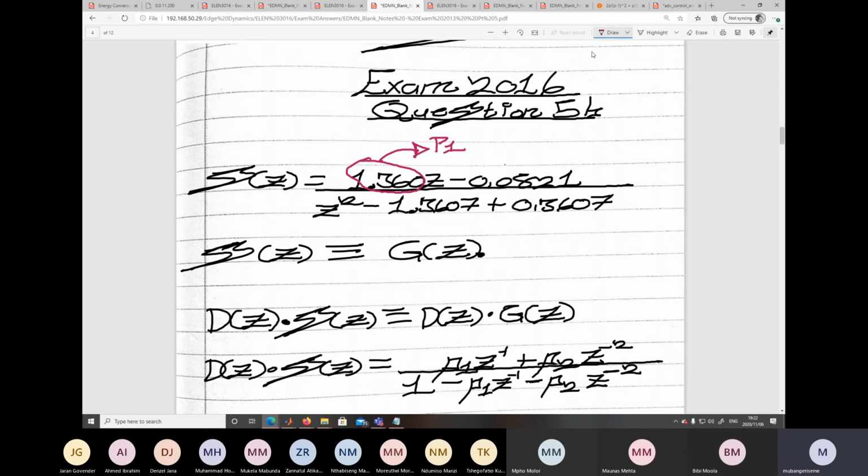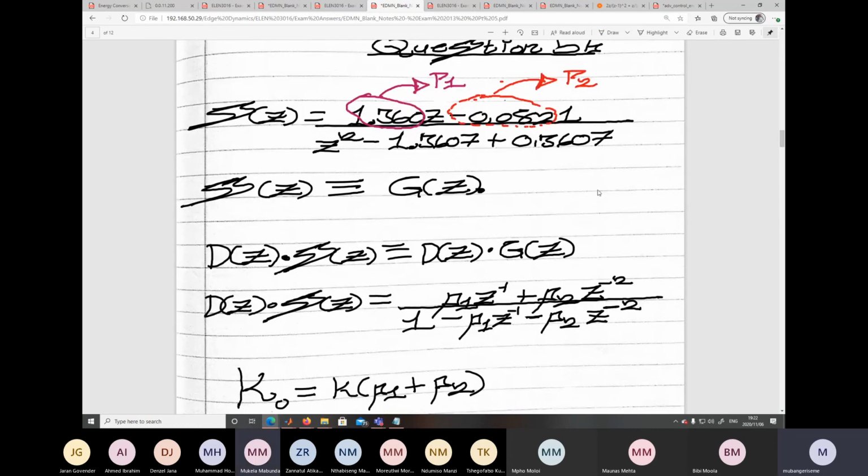This is P1. This guy there is P2. Very important, guys, to take heed of the P1 plus P2. Yes, Mukela? When you're simplifying from having